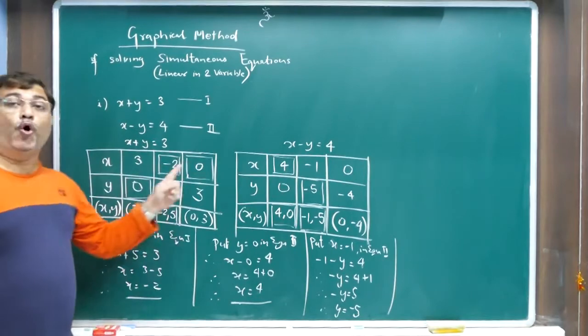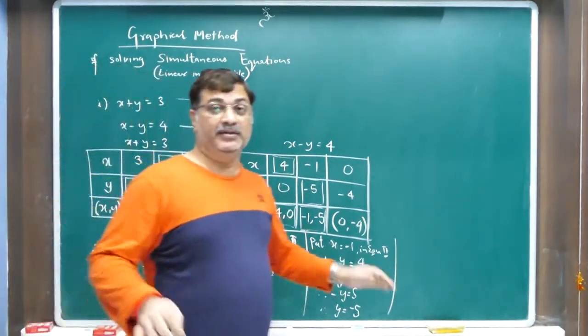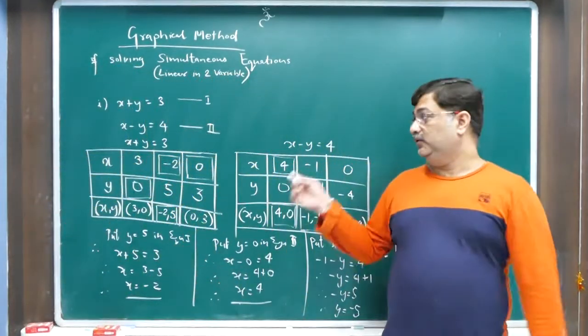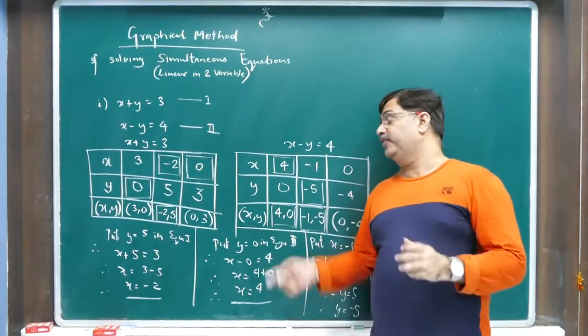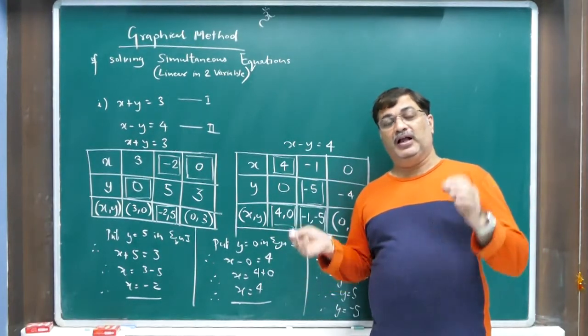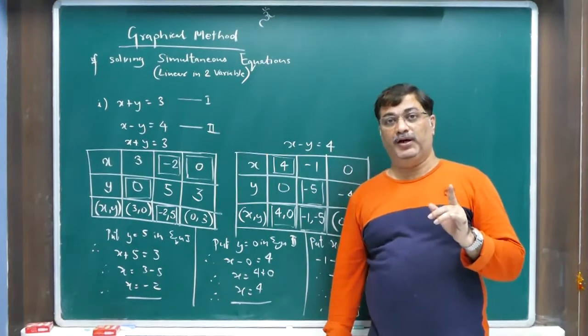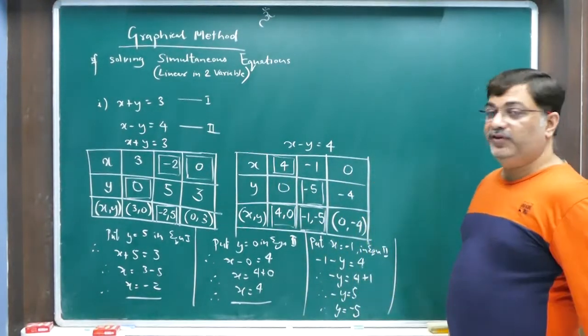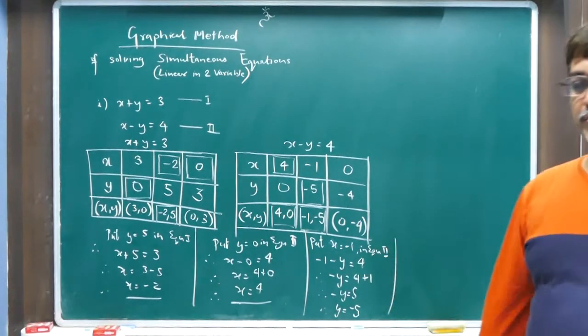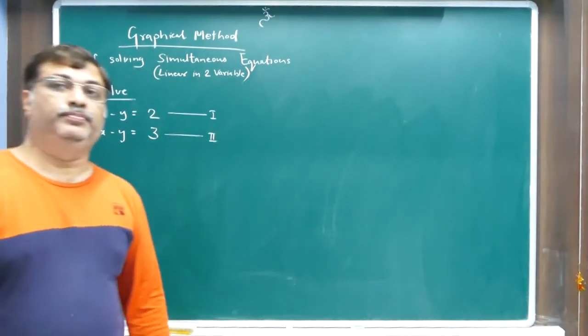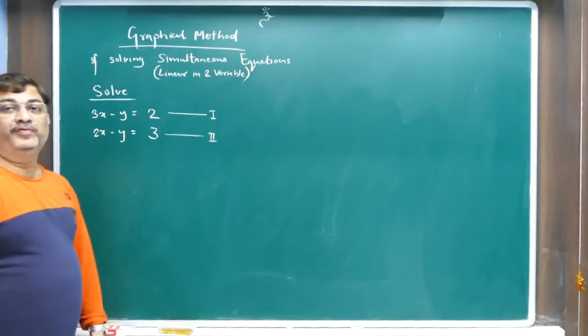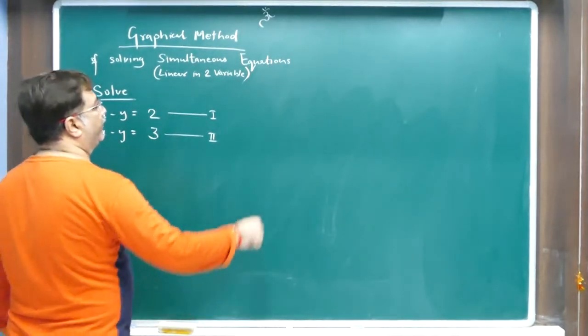So now the coordinate tables are complete. This is very important. Completing the coordinate table is of prime importance whenever you are solving a simultaneous equation by graphical method. Remember that. Alright? So take this down and then we go to the actual problems, how to solve actual problems. Now we will solve an equation by graphical method.